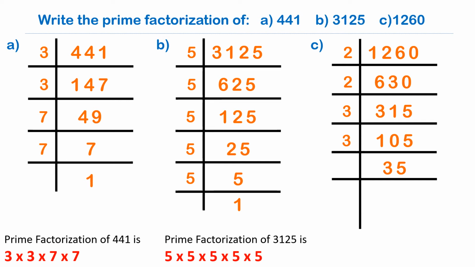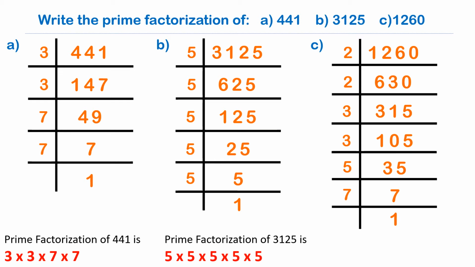To check whether 35 is divisible by 5 or not, we use the divisibility test. Since the last digit of 35 is 5, 35 is divisible by 5. So write 5 to the left of 35 and divide. We get 7. As we all know, 7 is a prime number. So it is divisible by 7 and 1 only. So write 7 to the left of 7 and divide. We get 1. If we get 1, it means that we are done with the prime factorization.